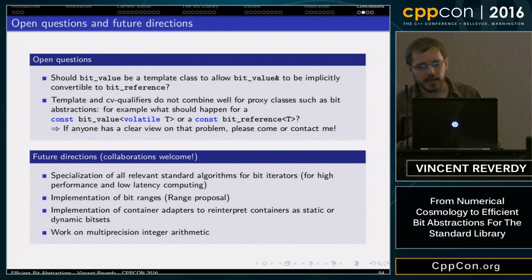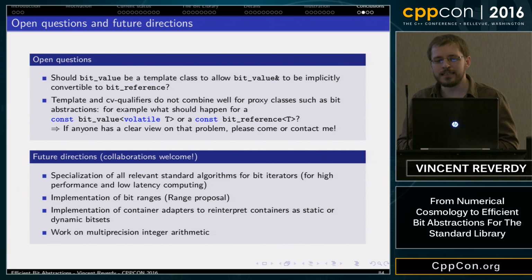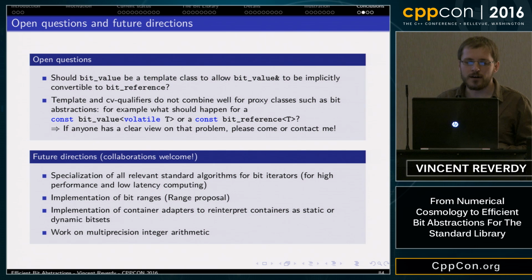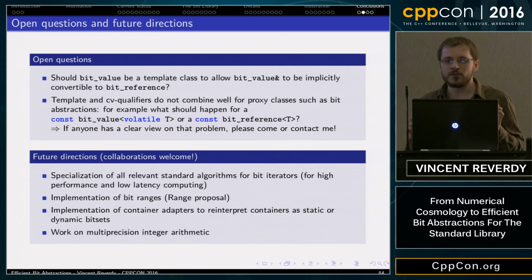The situation is still not very clear, but we are trying to see whether it would be a good decision or not. The second question is far more tricky, and I spent hours thinking about it, and I don't have the solution. Templates and CV qualifiers do not combine very well for proxy classes such as bit abstractions.